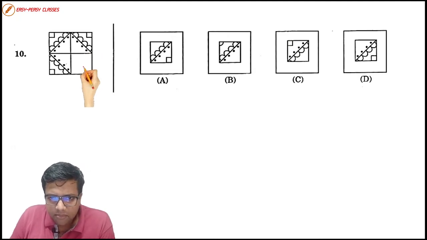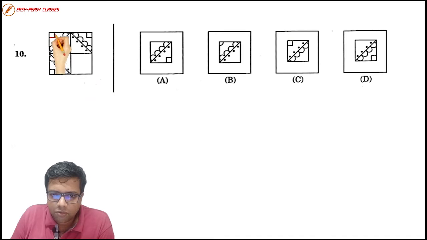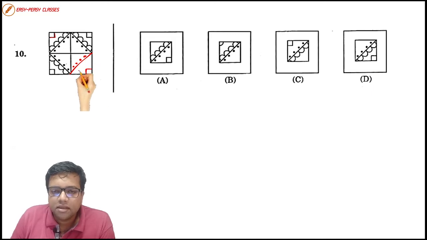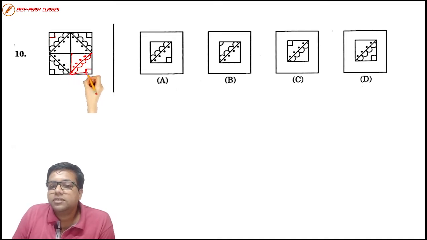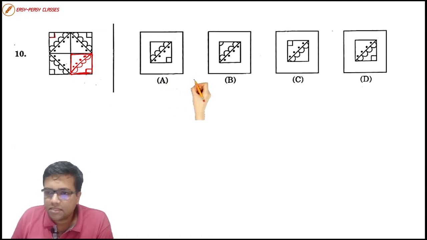Okay, so let us complete the figure without wasting time. For all the corners of the square, we have a small square. All right, we draw that very small square, and we have a diagonal. We have some dots inside over this diagonal, and we have a few semicircles outside this diagonal like this, right? So our missing figure should somehow match this figure. Which among these options is matching this figure?